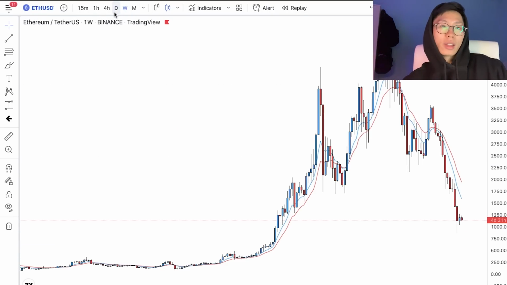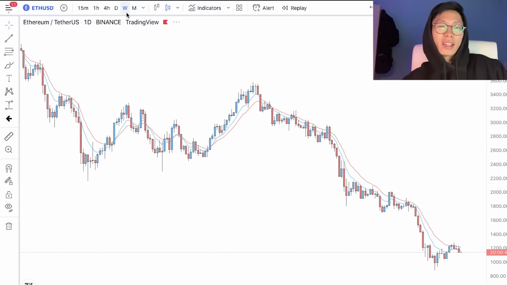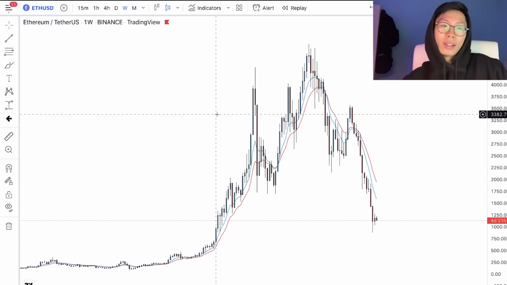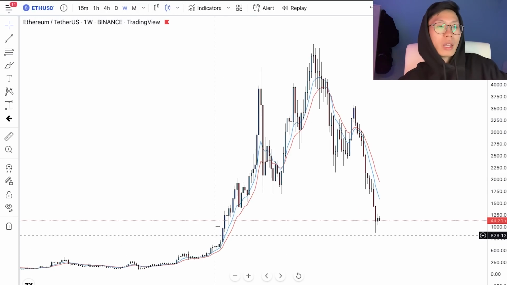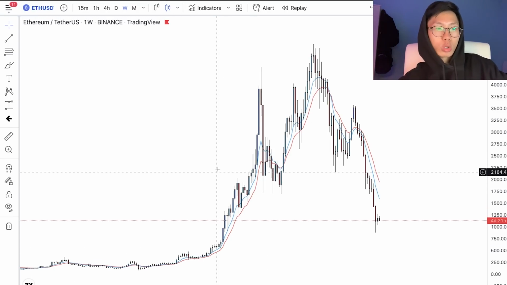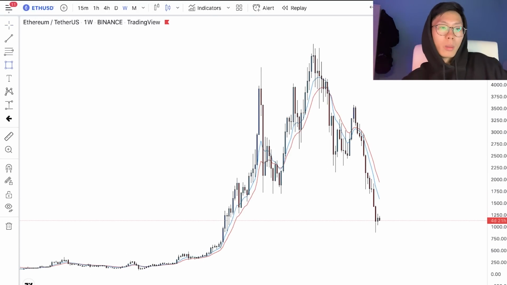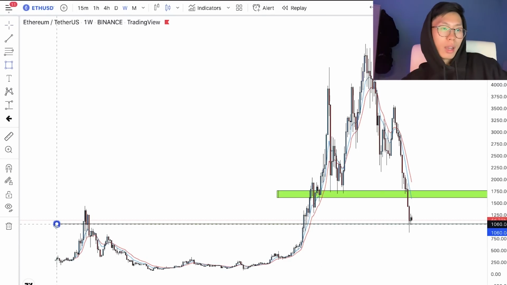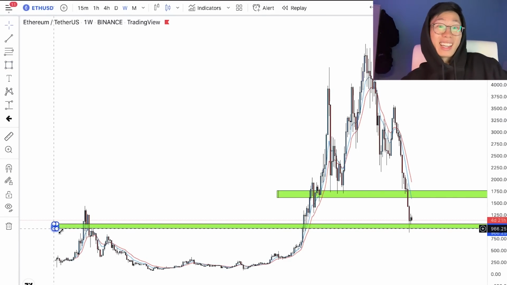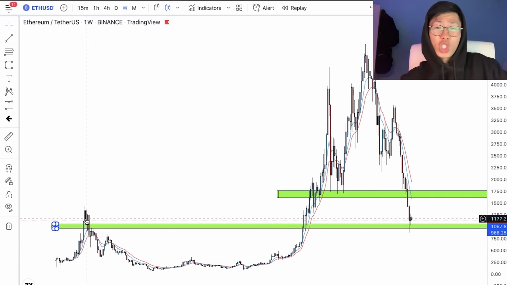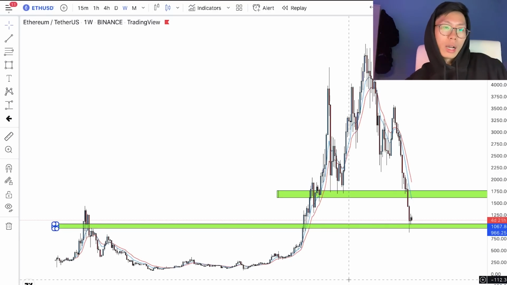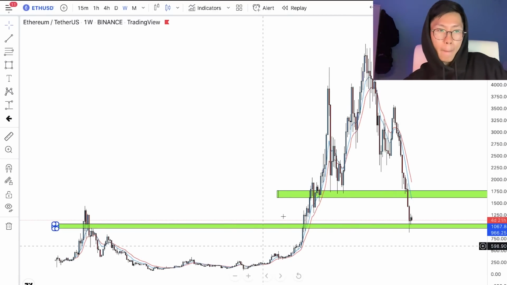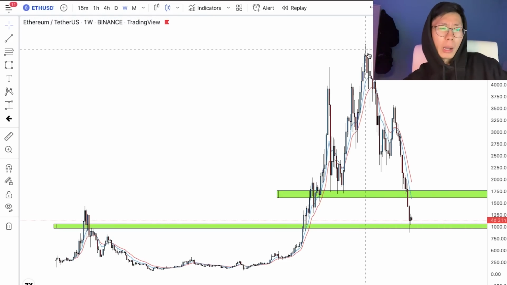So next, let's look at Ethereum. Honestly, Ethereum is kind of the same shit as Bitcoin. The analysis is probably around the same. So right now, once again, price broke through a major support area, maybe somewhere around here. And right now, price is at this 1000 area right here. The last time it was here, it was literally January 2018, which is so long ago, guys. And just look at this big pump and this big dump.